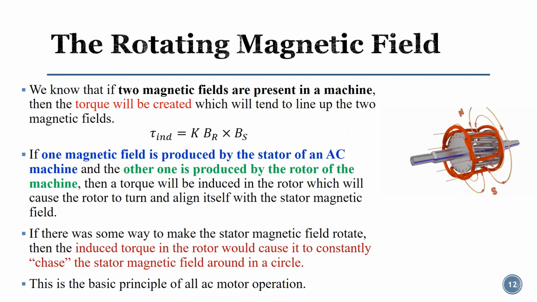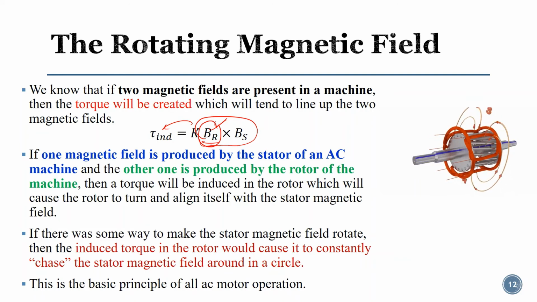Let's see how actually the torque will be produced. So this is the base mechanism. We know that, as I explained in the earlier slides, we will get the rotor magnetic field. In the coming slides, we will see in more detail how eventually we get this, but the basic principle is the same. When we get the rotor magnetic field, the interaction of these two will induce the torque in the induction motor, and eventually the rotor will start accelerating. And it will start chasing the stator magnetic field, because it is being produced due to it. So that is the basic operation.